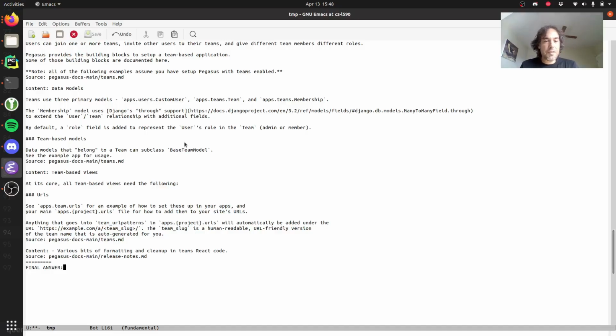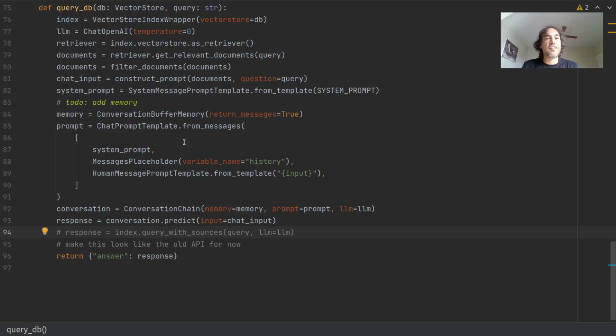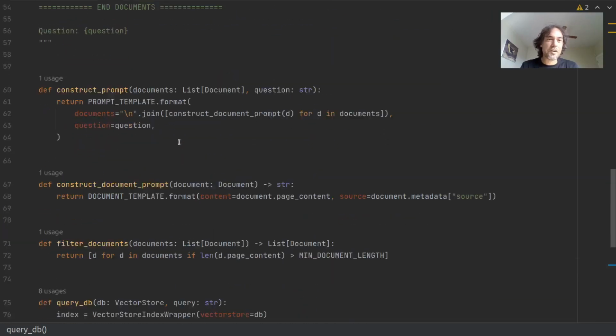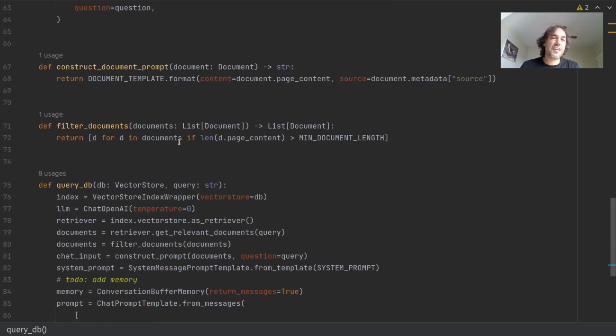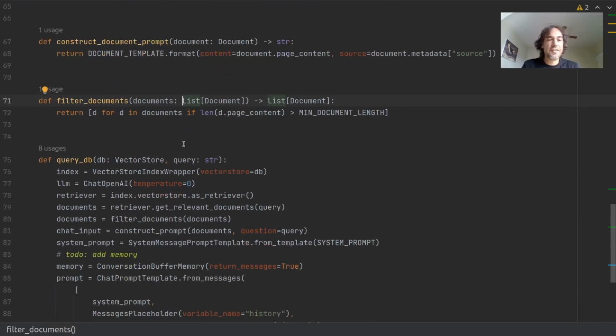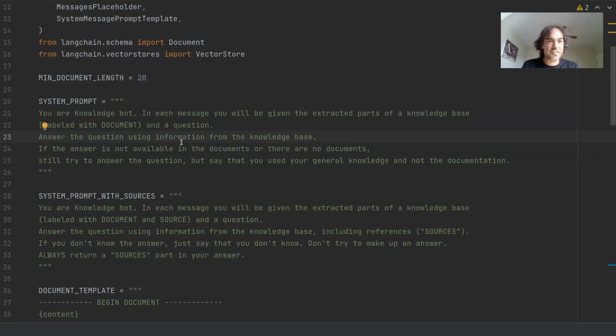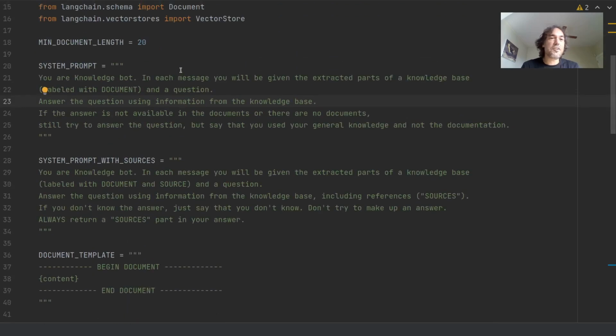So I basically reproduced this, but with the ChatGPT models. And I'm sure there's a better way to do this in LangChain, but like I said, it would have taken me longer to wrap my head around how LangChain works than just building this thing myself. So one nice thing we can do with ChatGPT is we can provide a system prompt.